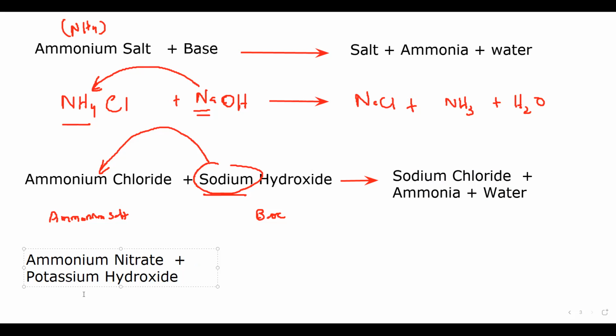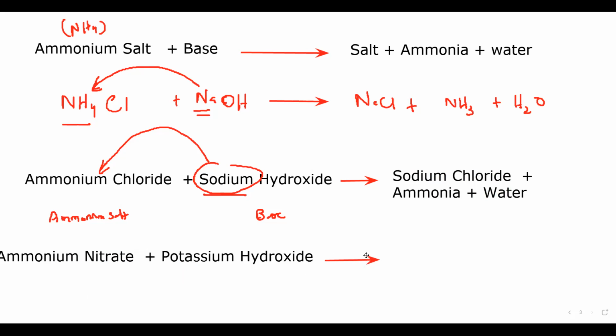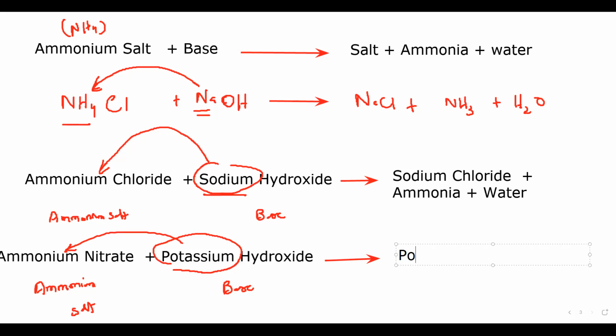So ammonium nitrate is reacting with potassium hydroxide. Now how to complete the product? Potassium hydroxide is a base and ammonium nitrate is an ammonium salt. So this potassium will take the position of ammonium, and it will form potassium nitrate